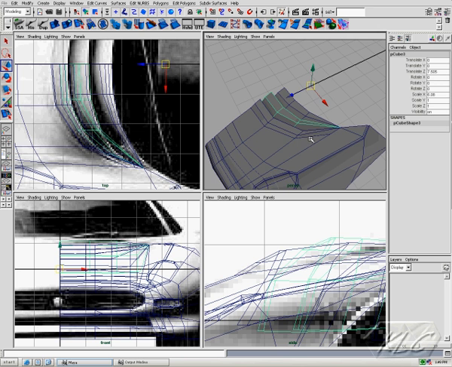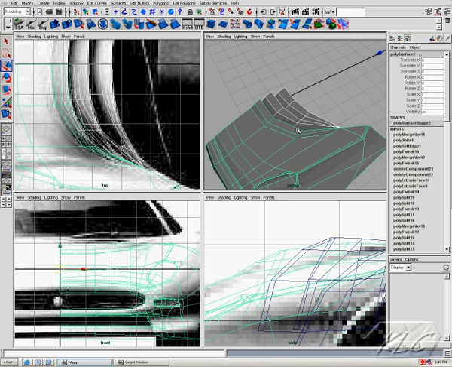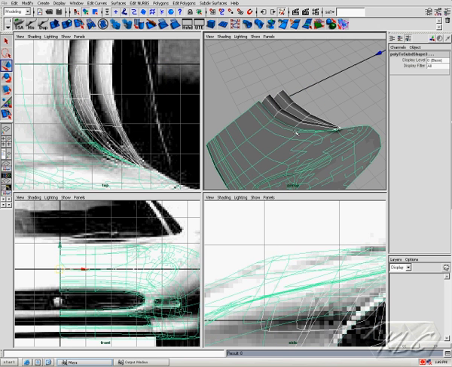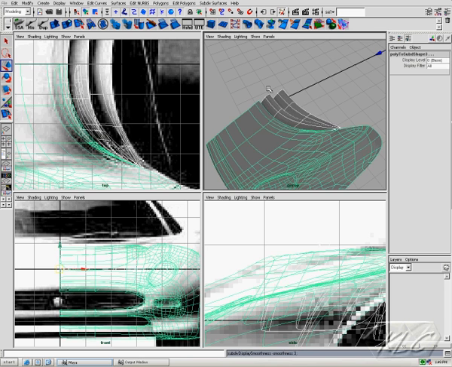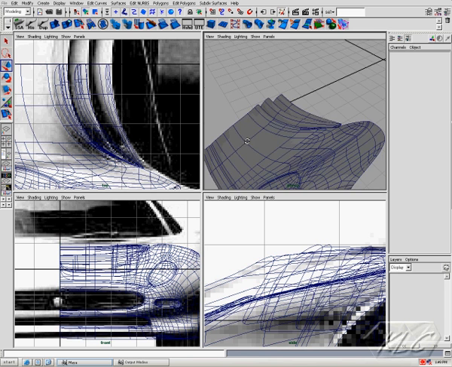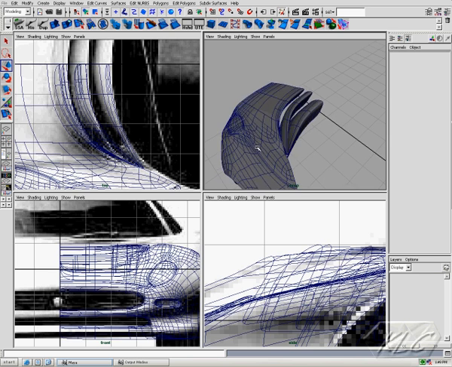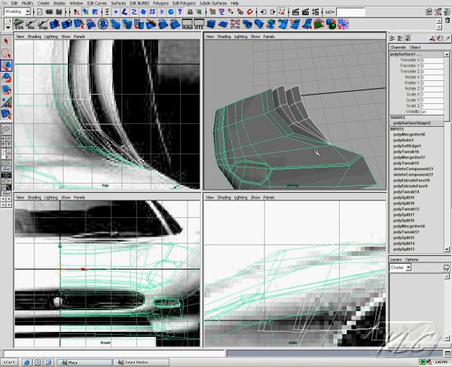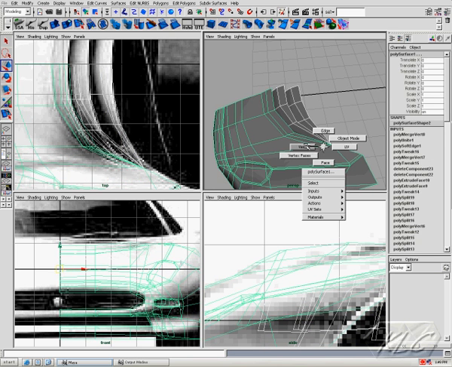Now it looks like it's flowing alright. See what it looks like if we go ahead and convert all of these. And it looks like something we could live with. Or we can try